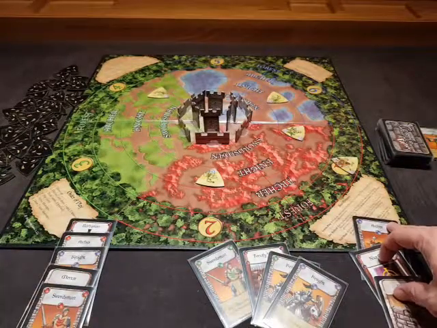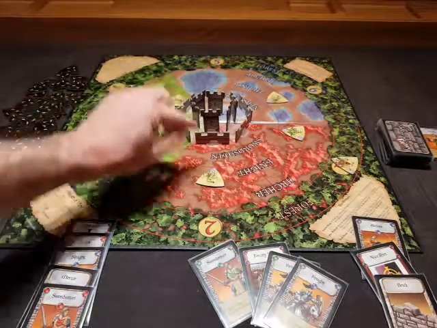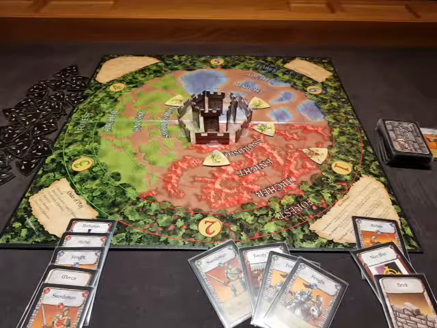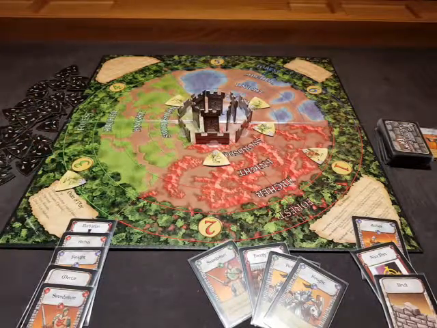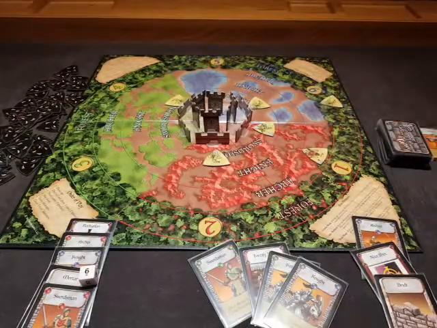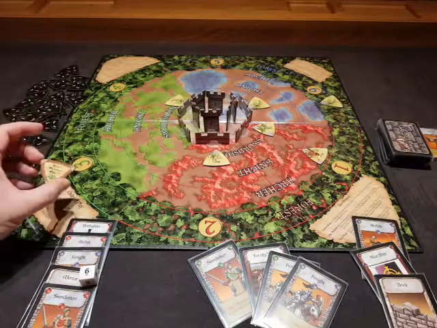Well, that's the end of his playing cards. So now all the monsters move forward again. 1, 1, 1, 1, and 1. And now we draw 2 new monsters. So he's going to draw a goblin. Let's see where that goblin is going to go. Into the 6th area over there. And the second monster is going to be...